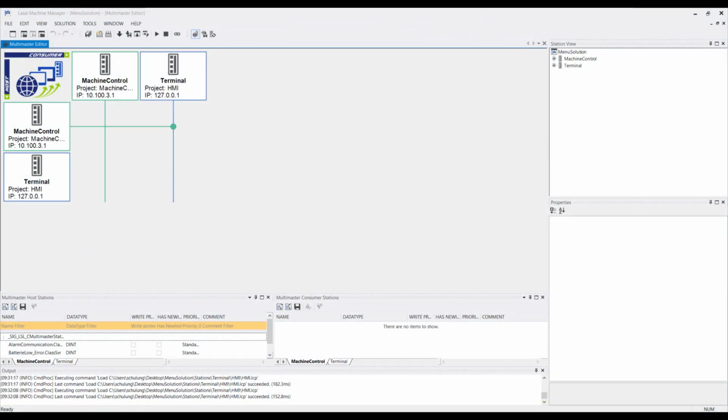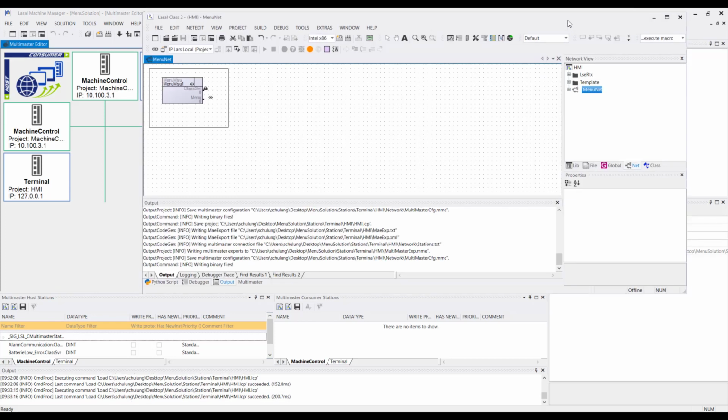To implement a menu to the LASAL Screen, I just created a LASAL Machine Manager solution with the standard template. To reference the menu, we need a class in LASAL Class 2. So this class I already created in the terminal station in the HMI project. So now I go to the terminal station and I will open the HMI project to show you which class